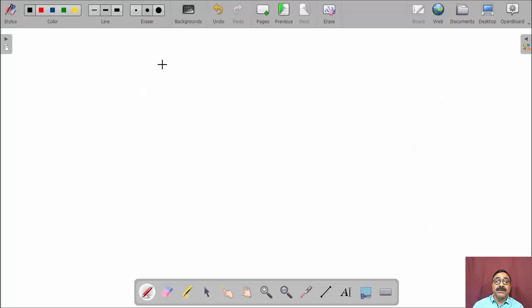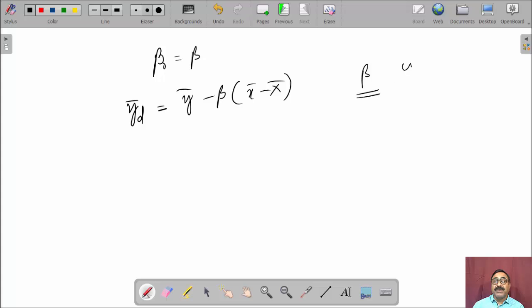So using this beta 0 equal to beta, now our difference estimator becomes y_D bar, that is equal to y bar minus beta times (small x bar minus capital X bar). Beta is the population regression coefficient between y and x, and this is the optimum value of beta 0, which is beta. Now the minimum variance of the difference estimator is given by